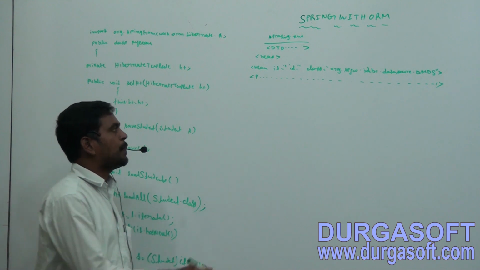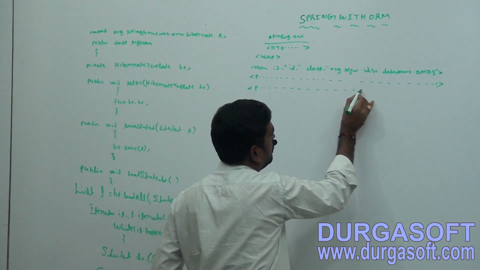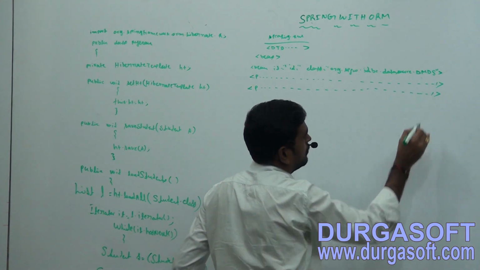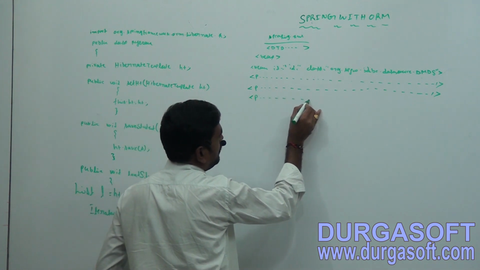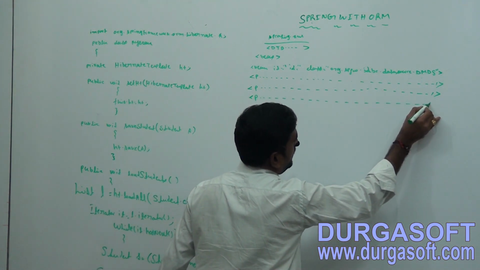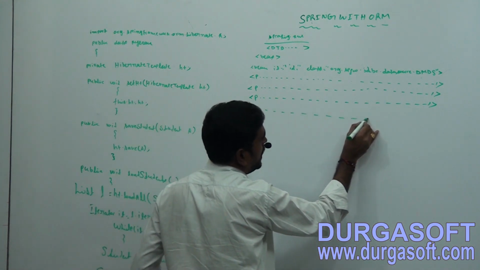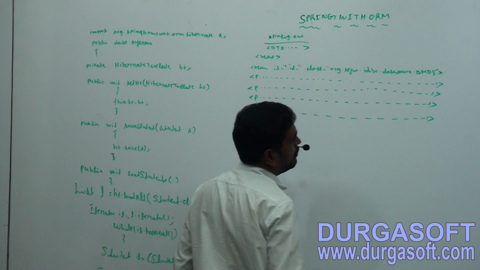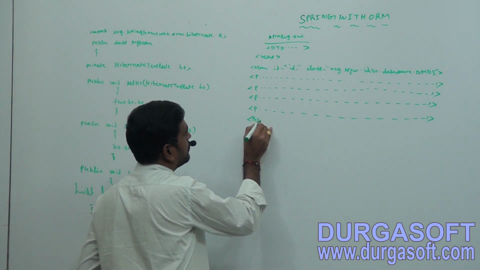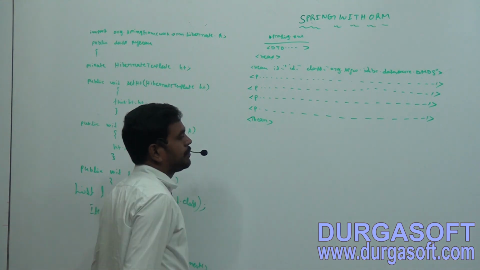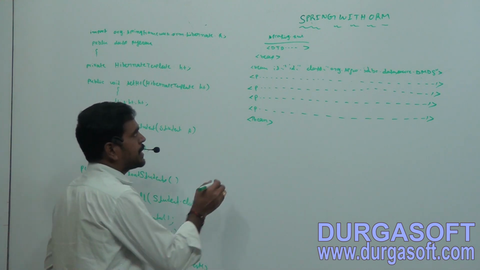The next property name is equal to url. The next property name is equal to username. Property name is equal to password. After that close the bean. Then next, second bean. What is the second bean here?